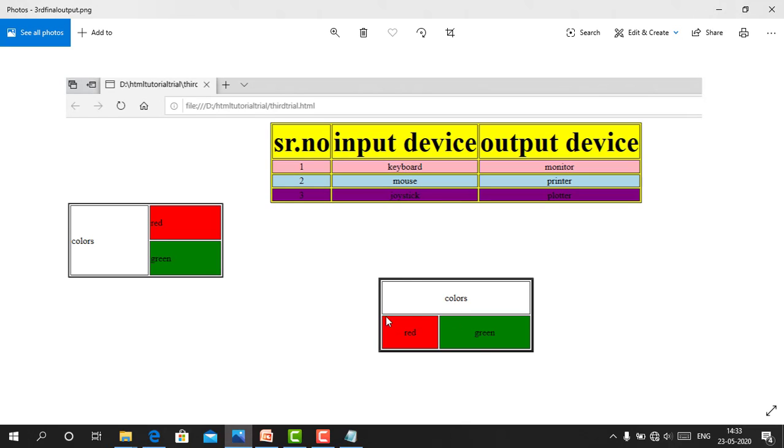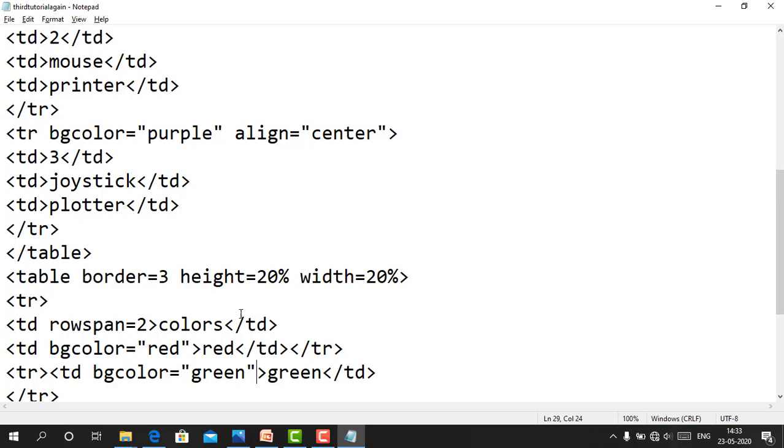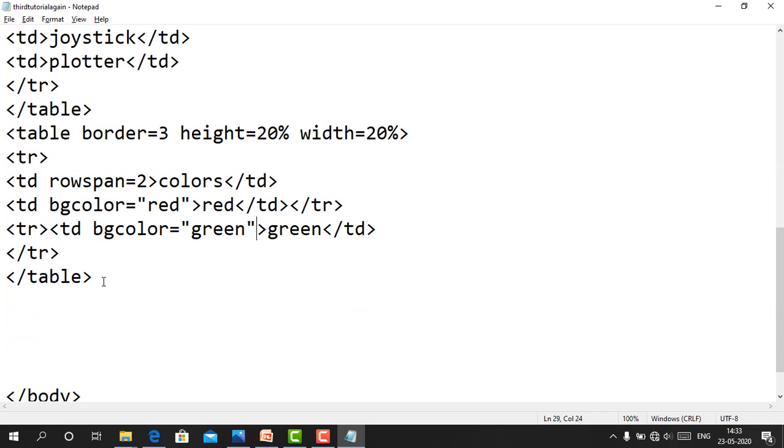Now we want this kind of output. So again create the table. Table tag, closing table tag. Again create the first row. TR and TR tag close.